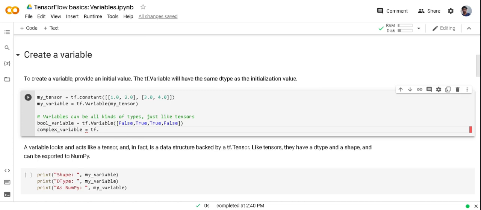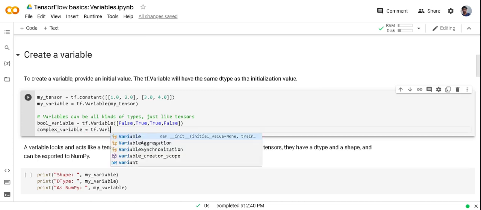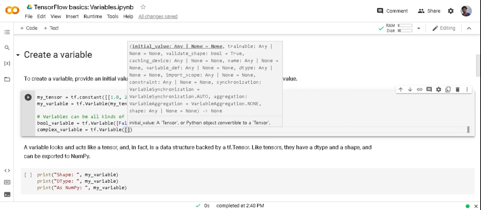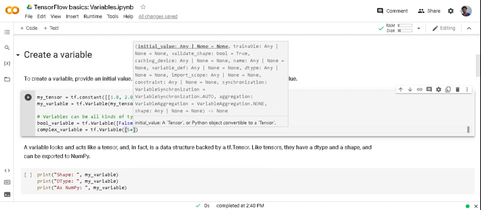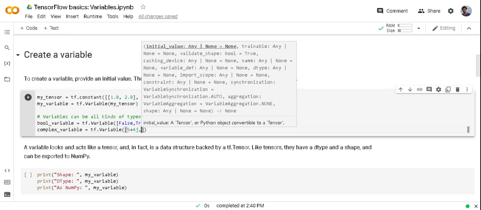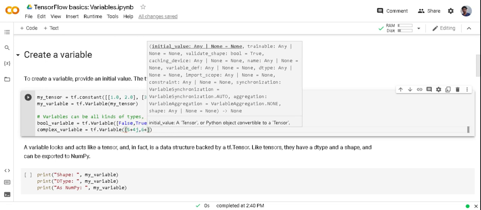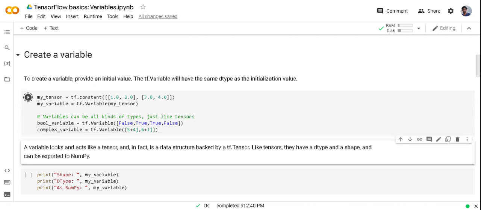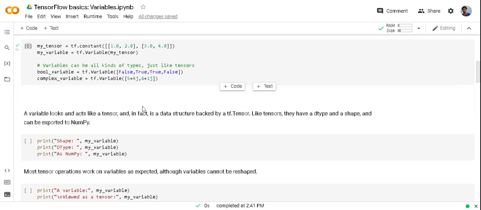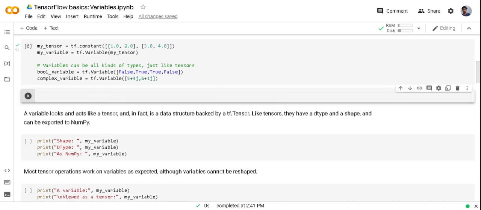And one other type is complex variable. You can pass complex number, 4j plus 6, plus 1j here. Let me print so you can understand what is my tensor, what is my variable.